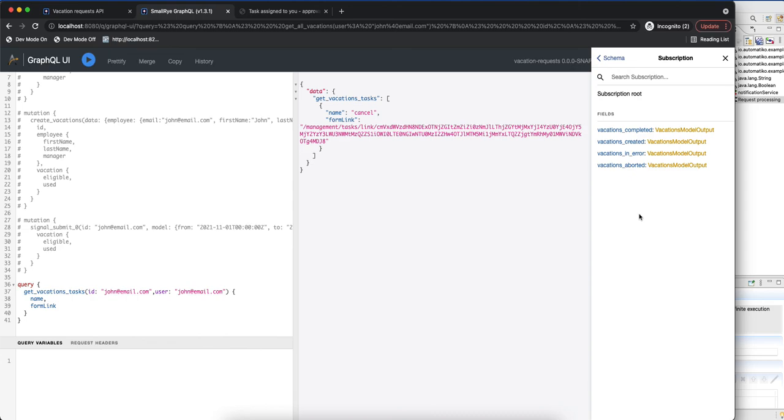Furthermore, we can extend that even more with additional customized subscriptions. For instance, we can subscribe to particular events coming in, such as a new request of application from the